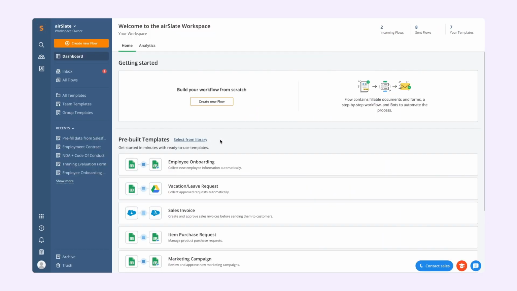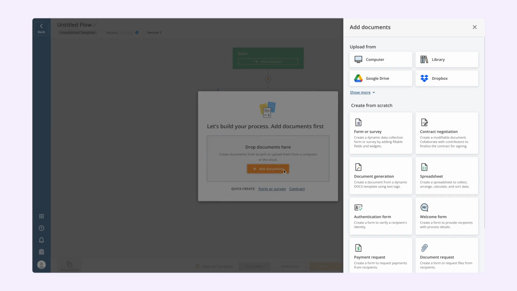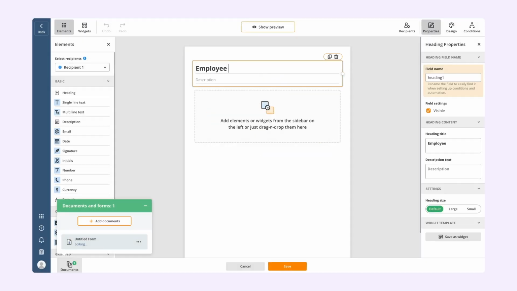Use airSlate's no-code bots to automate routine manual tasks in any document workflow. To do so, in your airSlate account, create a new flow or select the template or version you want to work with. From the Documents tab, select the type of document you need and start customizing it by adding the